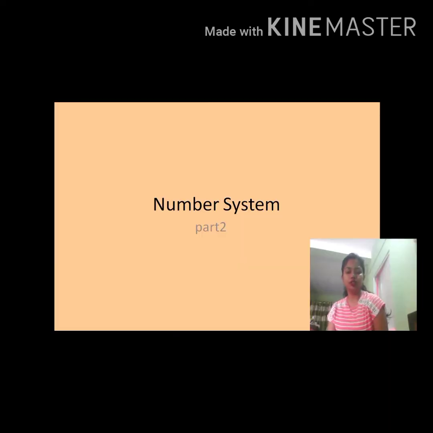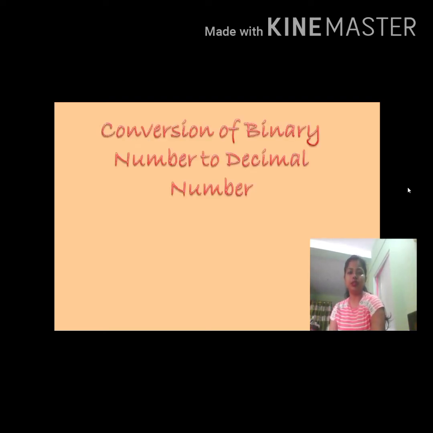Okay, students, so today we are doing number system part 2. In the last session we have done different types of number system, and we have also done a conversion, that is from decimal number into binary number, right? So today again we will do conversion, that is from binary numbers to decimal number. We will do the opposite of the one we have done before. So let's see an example of that.